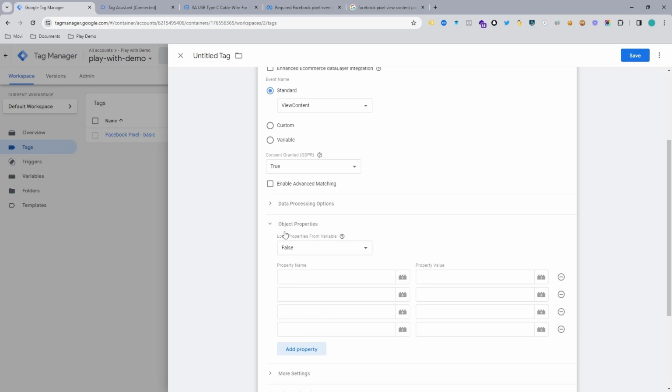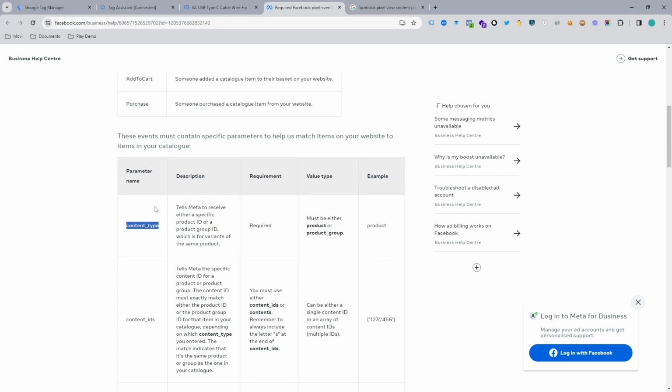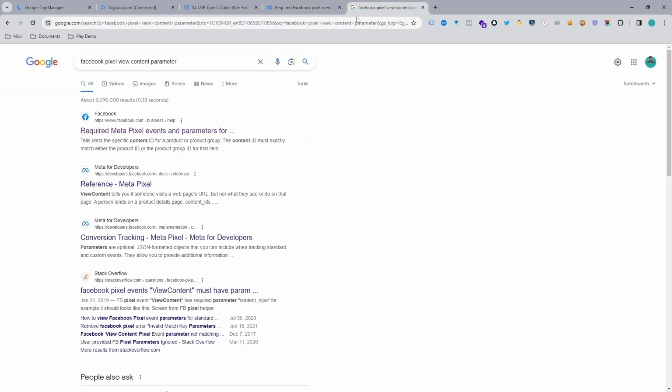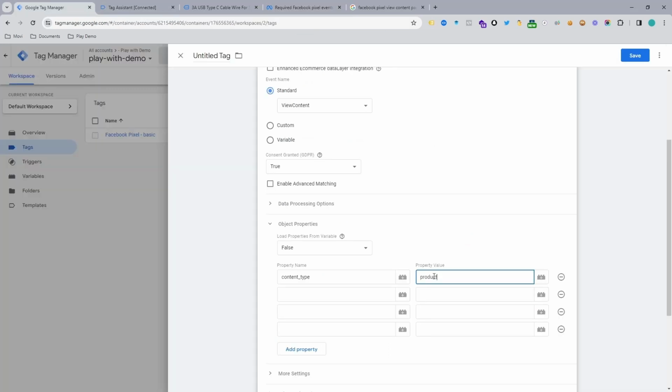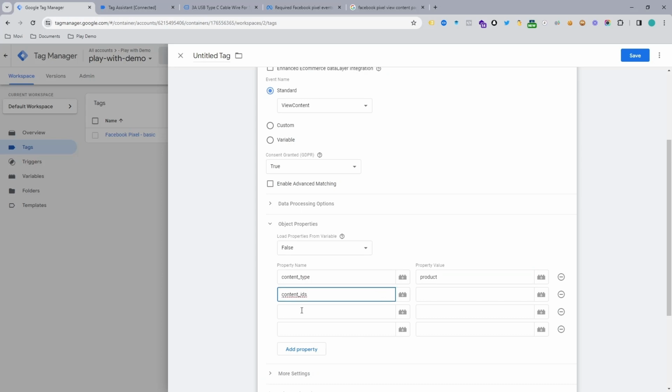Facebook says we need to send content type, so we just copy and paste it here, keep it as product, and then copy and paste content IDs here,